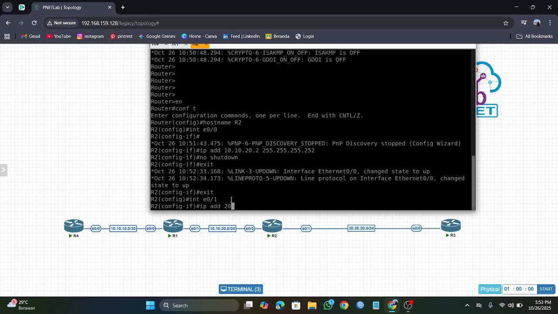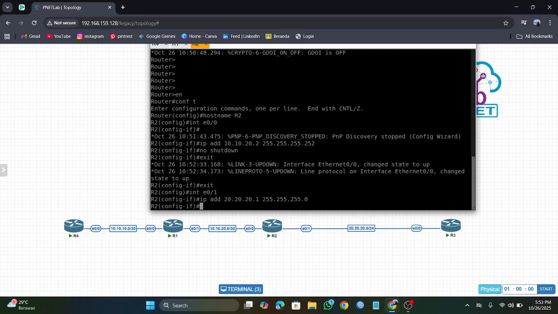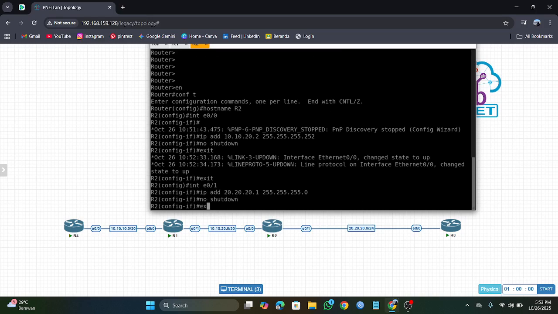This IP here, this IP area 20. Next, enter, and you tap no shutdown, and enter, and exit.